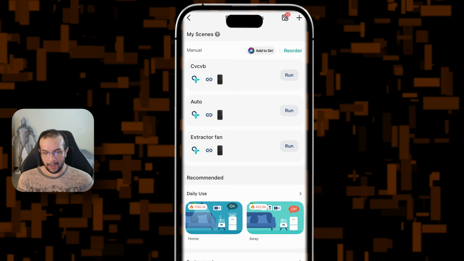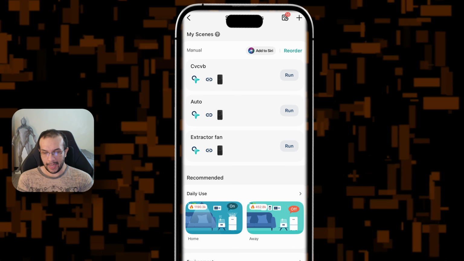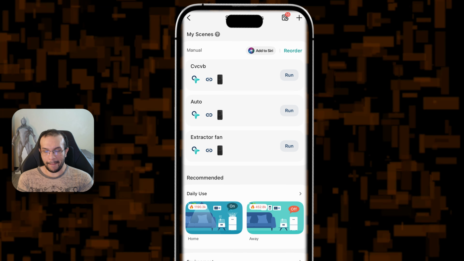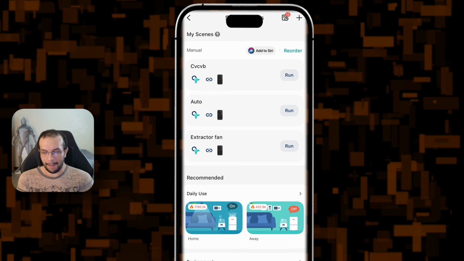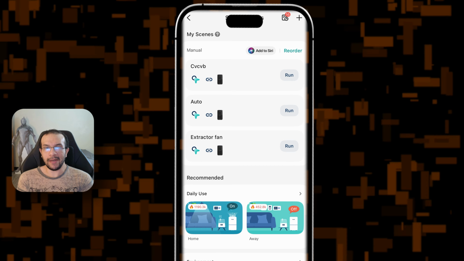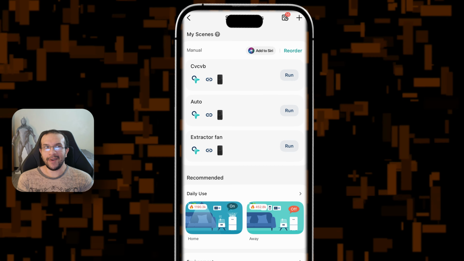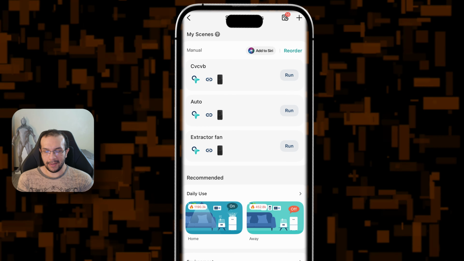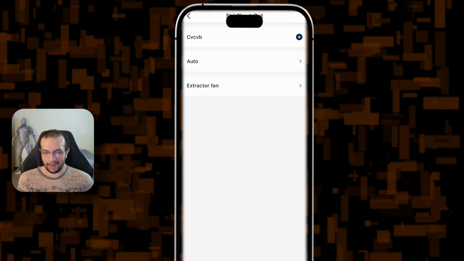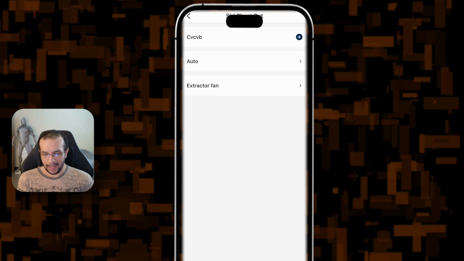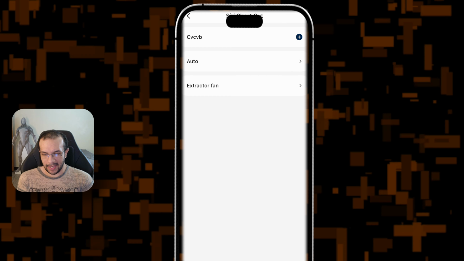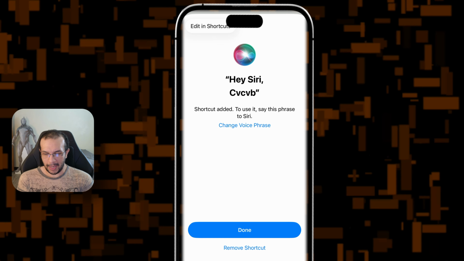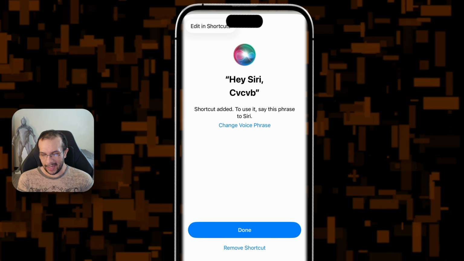And then what we will want to do is click the Add to Siri button. That should appear for you as long as you have an iPhone that can use shortcuts. So you just click Add to Siri, and then for this Siri shortcut, and then click the plus, and then